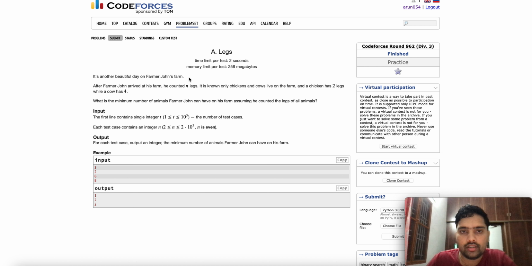So we have a farmer named John. He counted the legs of all the animals which are present in his farm, and only chickens and cows live on the particular farm. The cows have four legs and a chicken has two legs. So we have counted the total number of legs that are present in the farm. We have to output the minimum number of animals that are present in the farm based on the given